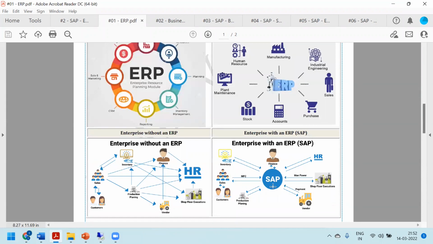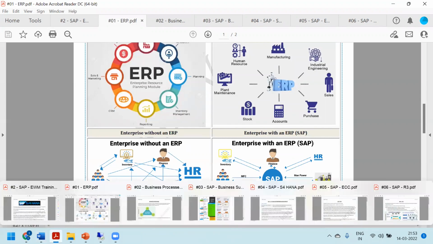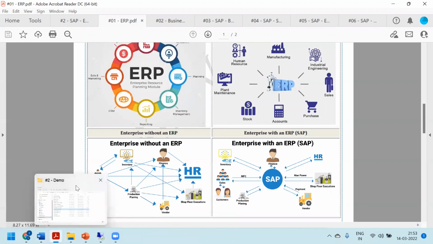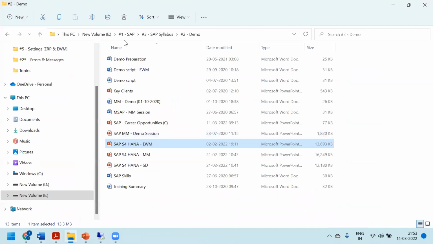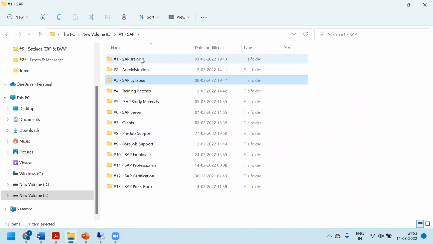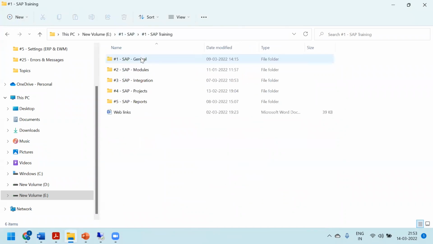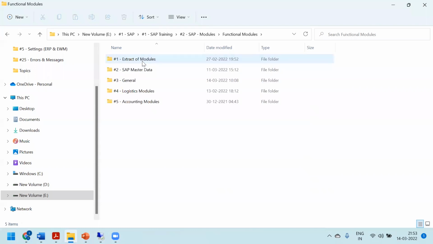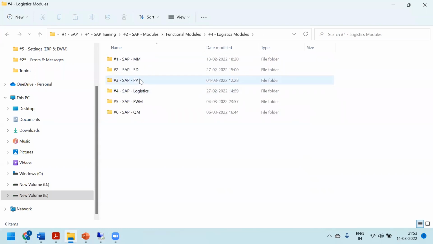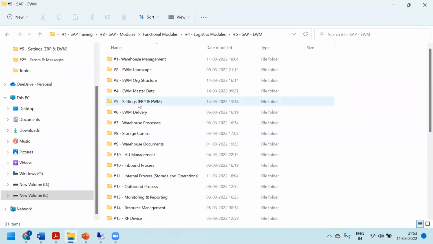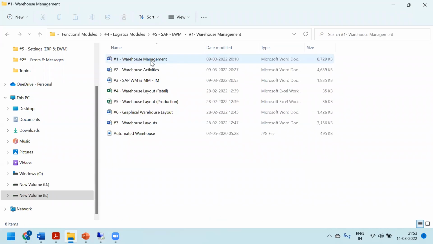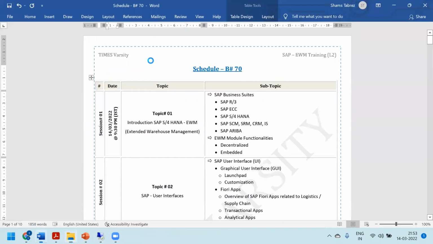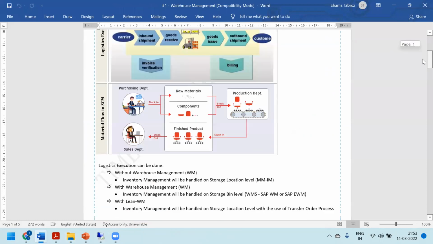For example, let me give you one example with this infographic so that you will have more clarity. A simple example I'm going to take, and I need input from participants to make our session interactive and more effective. So here let me take this example in our warehouse management itself. Look at this flow.